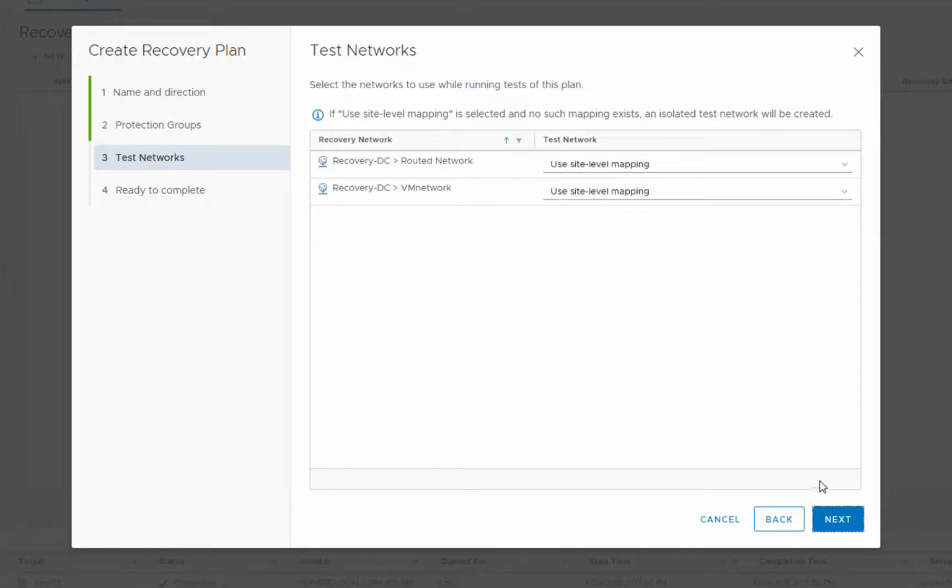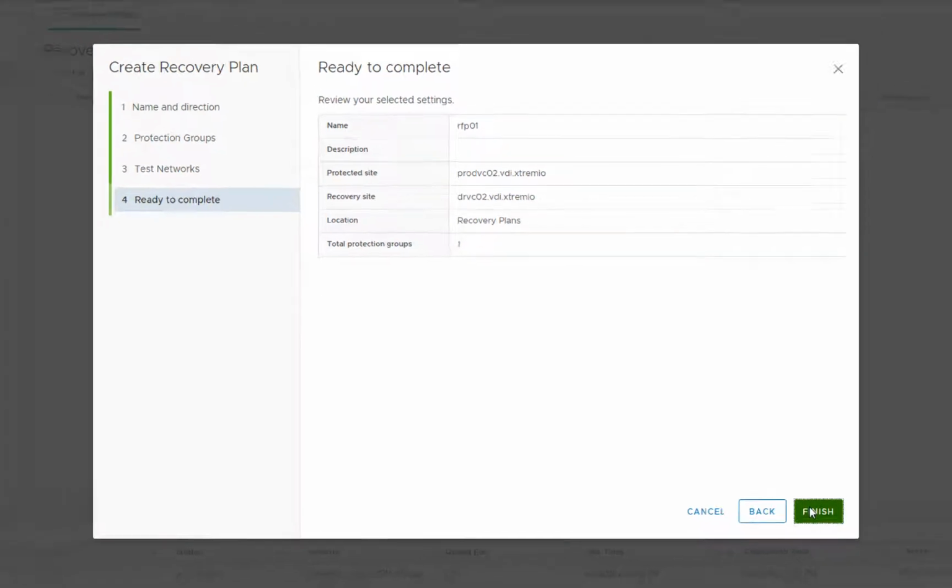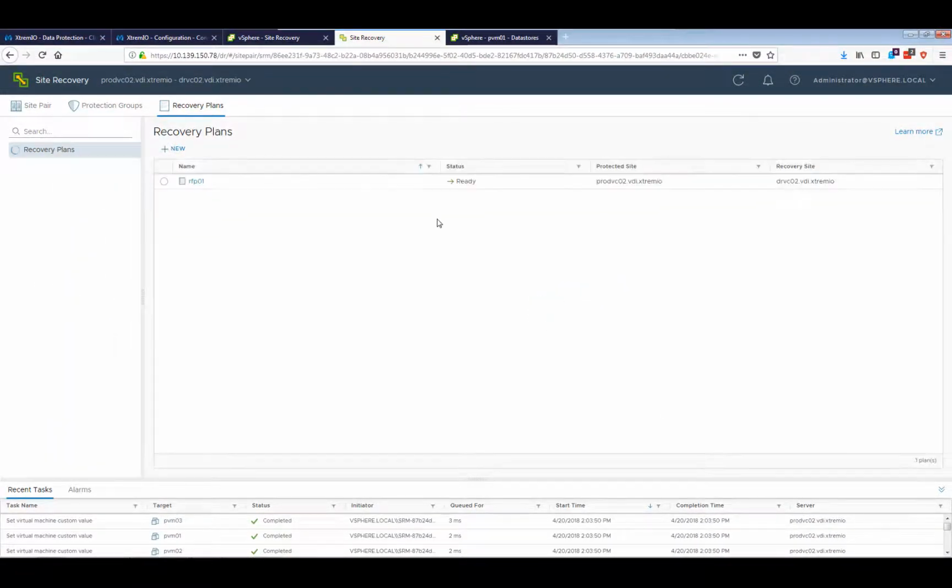Again, network mapping for test networking and things of that nature. So this is the auto network, which is super important for a real environment, but we're not going to discuss it here. It's too advanced for these demos. And click the next button, and we are now ready to either test failover the VMs or really failover those